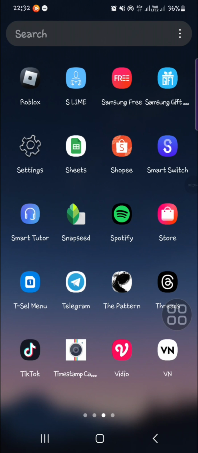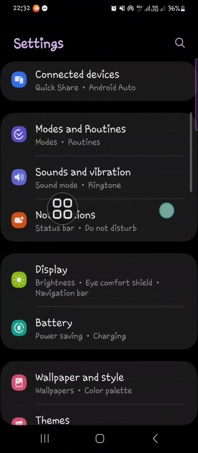In today's video, I'm going to show you how you can downgrade your Android mobile phone. Okay, let's get into it guys. Here I have opened my phone and I'm going to show you some methods you can try to downgrade your Android mobile phone. The first one, I'm going to go to my setting and then I'm going to go to